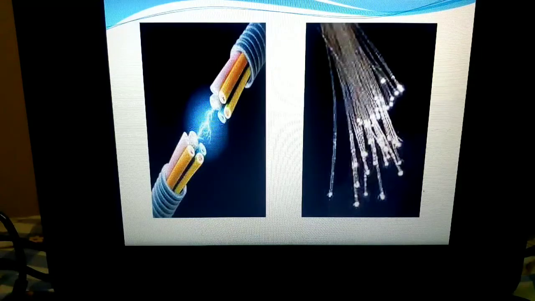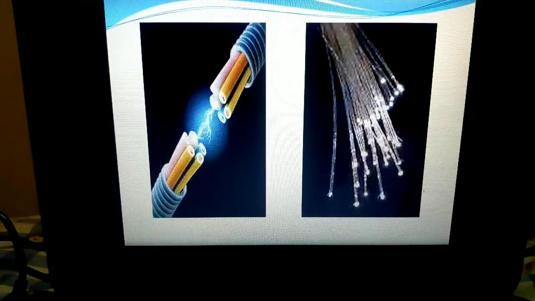One more thing is that fiber optics are immensely used in broadband transmission, where several channels are handled in parallel. Several channels being handled in parallel means that simultaneously you can send multiple data signals through the fiber optics, not one at a time. It has broadcasting capacity, hence it is used in broadband transmission. Now this completes your guided media.